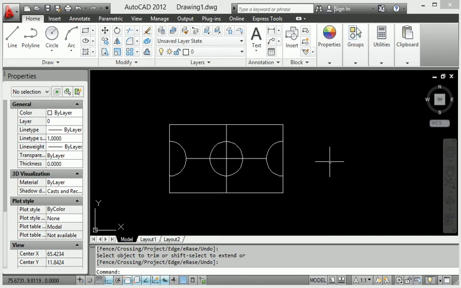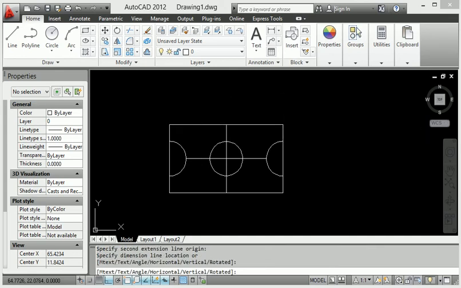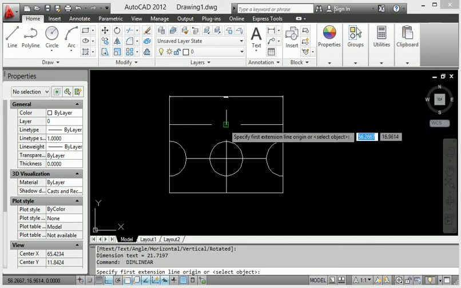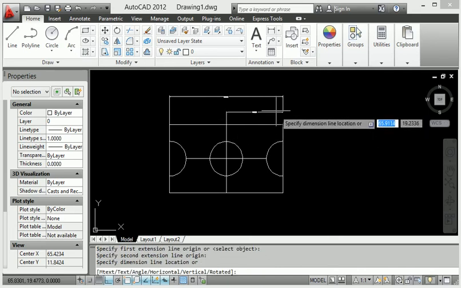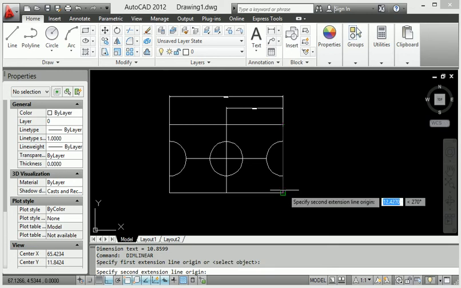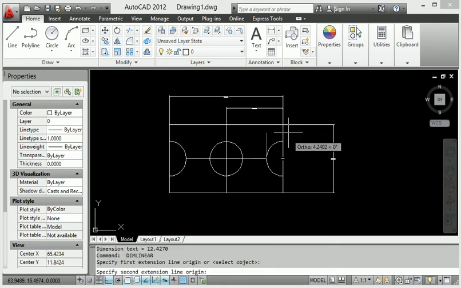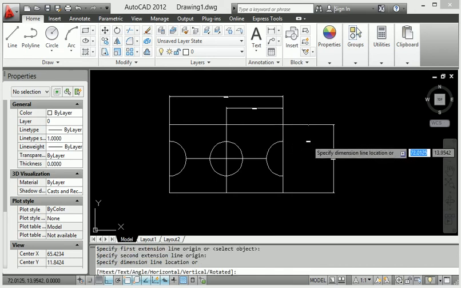When you go to dimension here, DLI, Enter, click this way and this way and apply the dimension, and again Enter, this way and this way, apply the dimension. Also from this point to this point, apply the dimension.